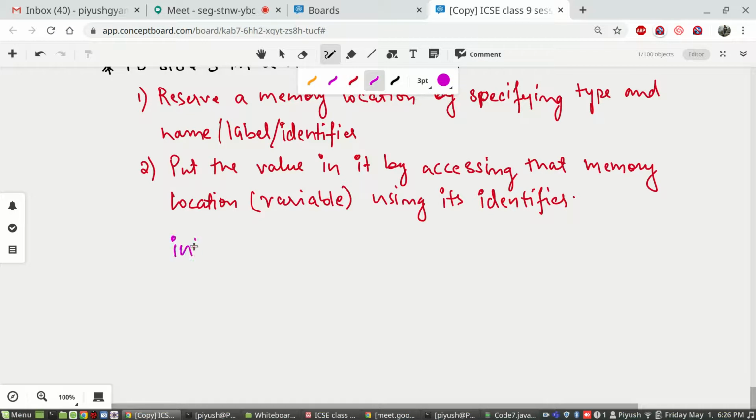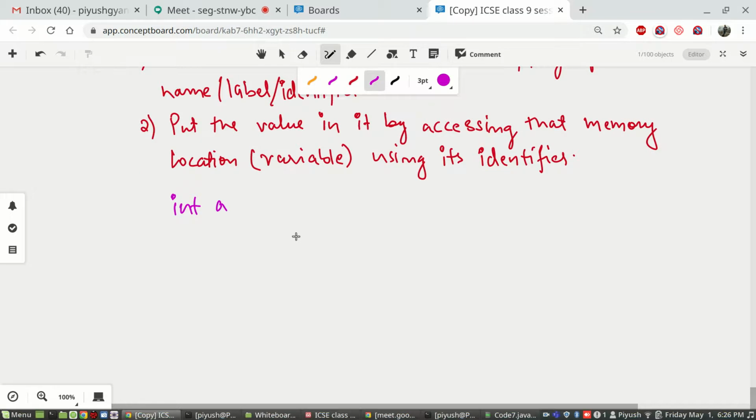The first step can be done like this: you have to store 3, so you will write int A. Then how do you say you have to store 3 in the memory location identified as A? So A is equal to 3. Correct. This will correspond to your step 1 above. Don't write this part that I am writing here in the program.